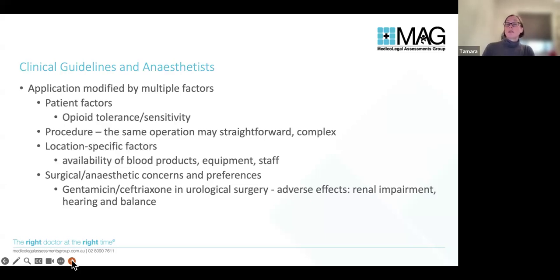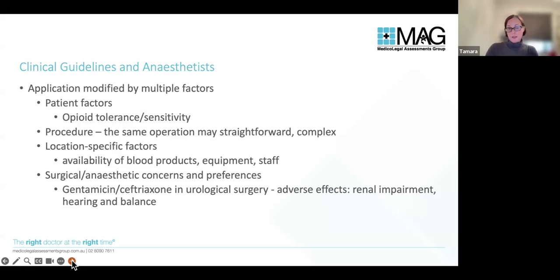We do need, though, to treat them as guidelines. And that's where it gets very blurred when we're looking at medical legal reporting, because people are variable. Someone might be very opioid tolerant, for instance, on a big fentanyl patch and a lot of morphine for their chronic cancer pain, or they may be quite sensitive because they're a small child who has severe sleep apnea, has failed to thrive, and so on. The same procedure may vary greatly in its complexity.